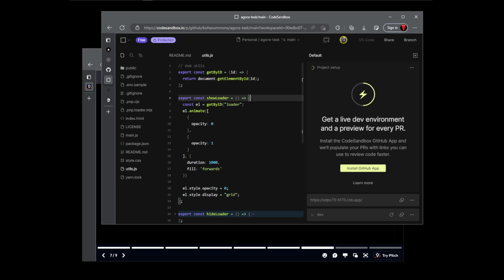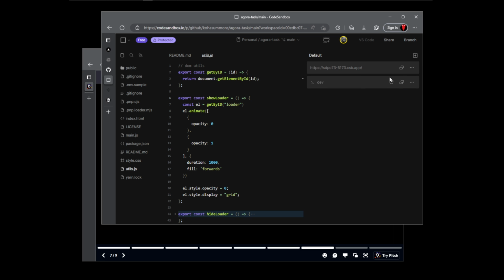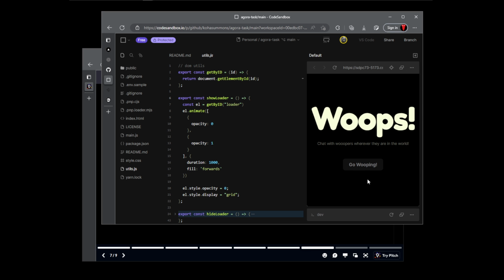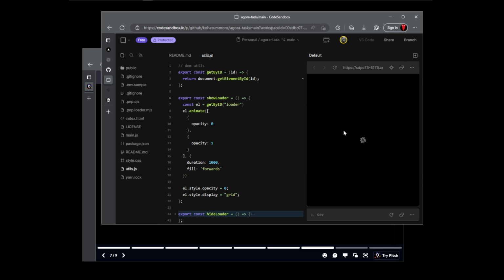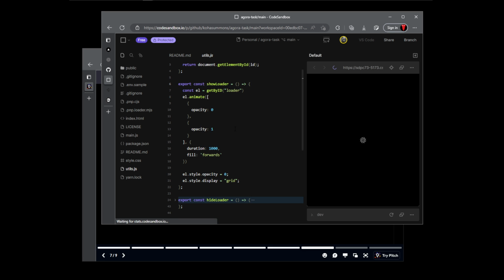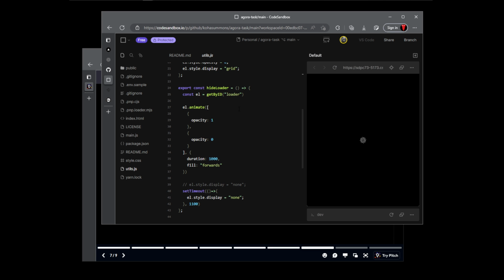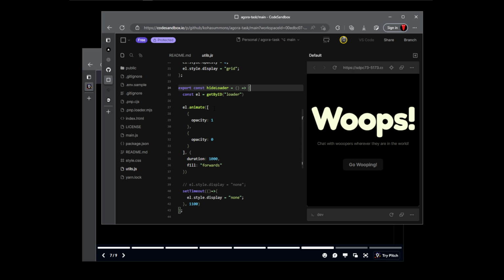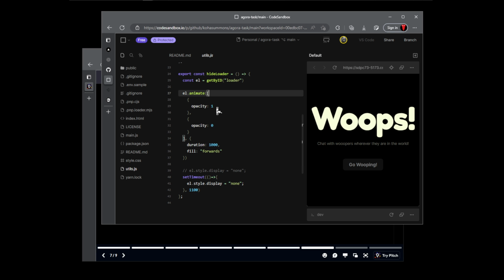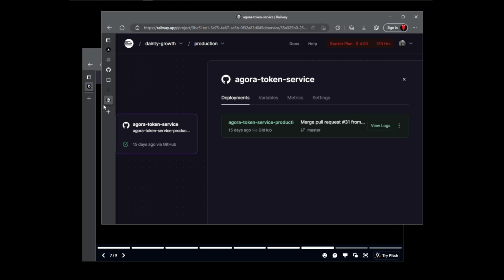So once I call show loader, it spins up the loader. I think I can demonstrate the close. Yeah, see, so when I did go open, what brings this up is that show loader. And when I call this, I'm also using animation. Yes, I'm using the Web Animation API. This is it. Okay, so